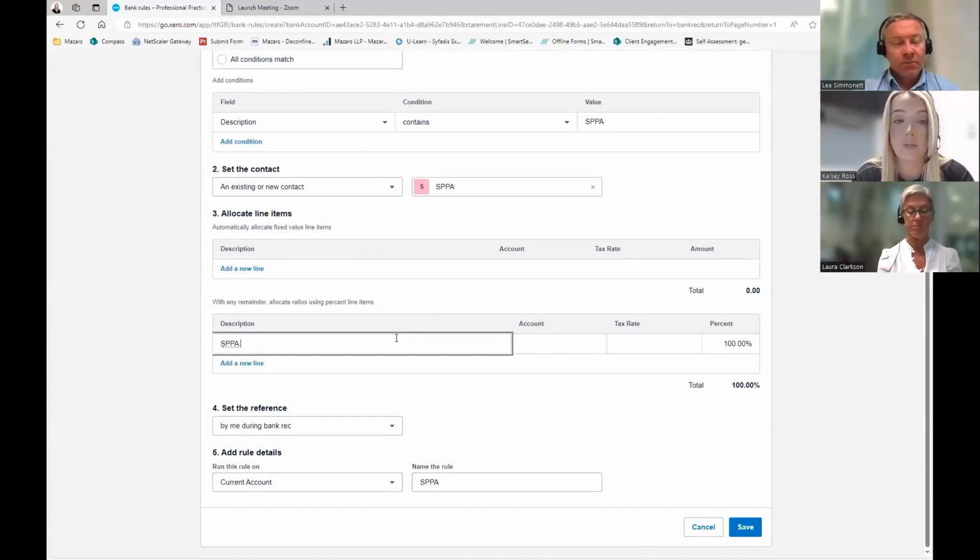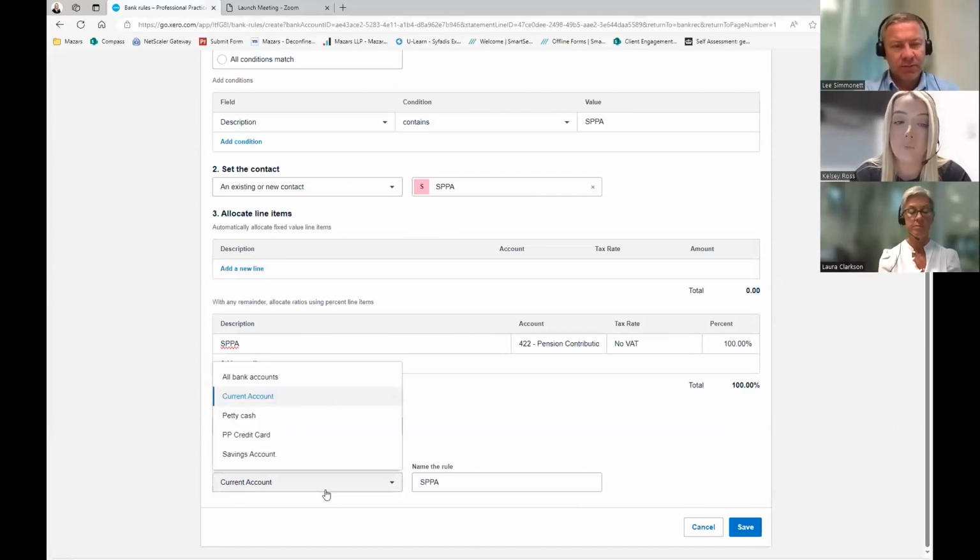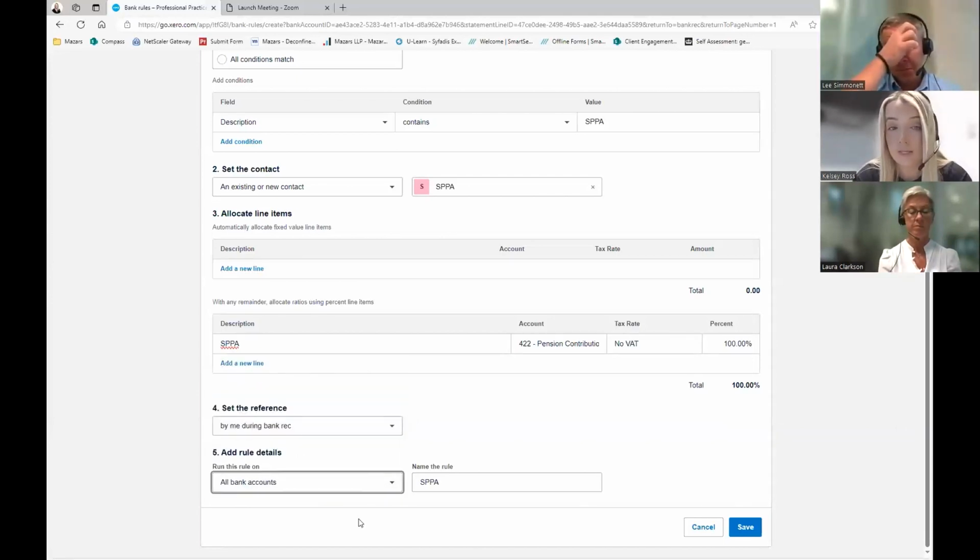So description, we can, again, put SPPA, or you can call it pension contributions, whatever you want. For the account, I put this to pension contributions, again, no VAT, and we want 100% of it going to this code. We want to just set the reference by me during bank rec, and then we're wanting to apply it to our current account. We can apply it to all bank accounts, however, SPPA is only being paid from our current account, so we're just going to do it that way. We're going to save this,